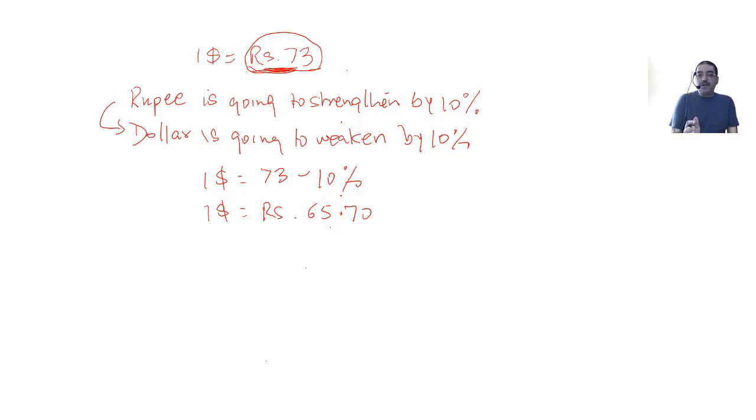So as one currency appreciates, the other currency depreciates. In other words, as one currency appreciates, the other currency depreciates. Similarly, as one currency strengthens, the other currency weakens. So this is the interpretation that we will require in the problems to come. And of course, the things that we are going to see now will also be relevant to what is going to be solved in the question here. So one more interpretation I want to show.